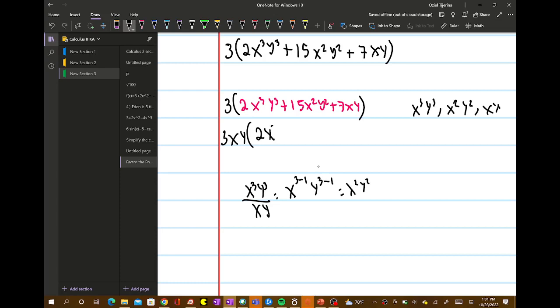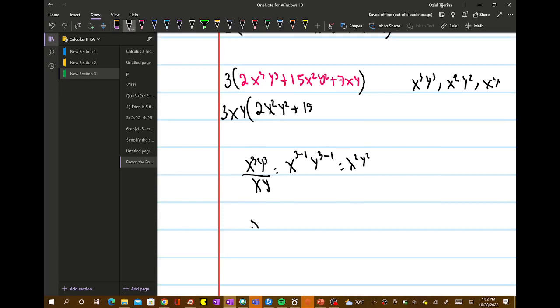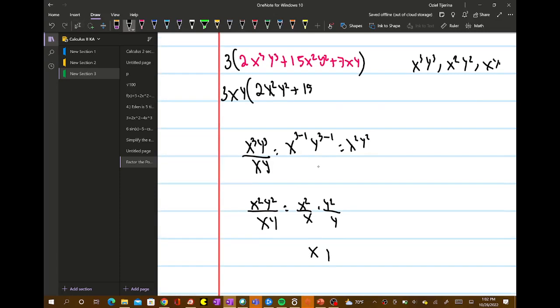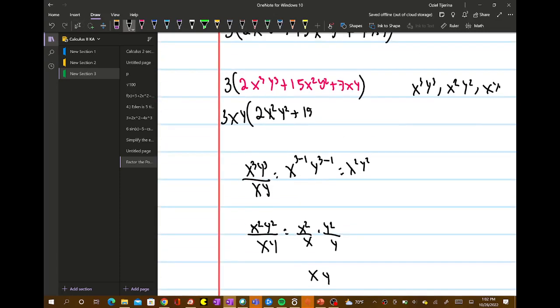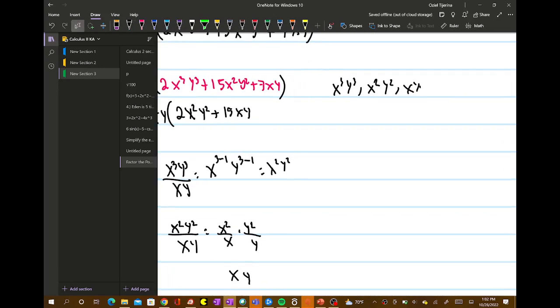So I have 2x squared y squared, and then plus 15, and then x squared y squared over xy, which is x squared over x times y squared over y, which is xy. As long as you know the laws of exponents,